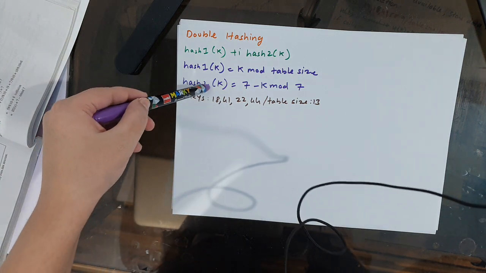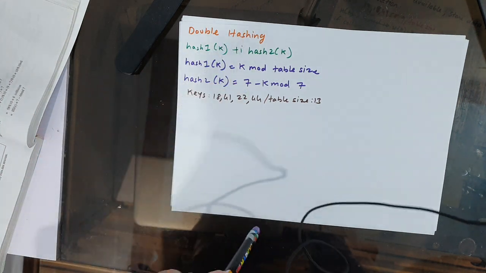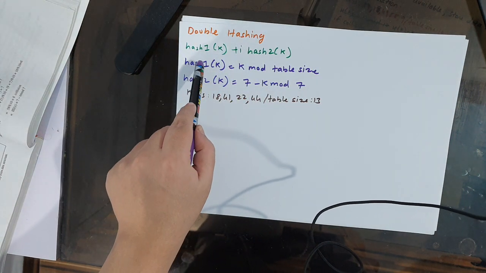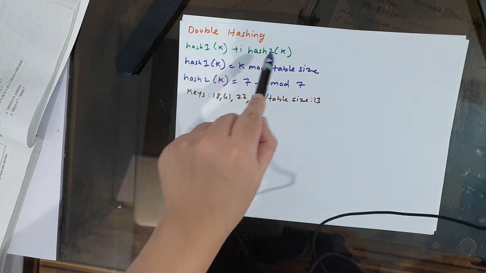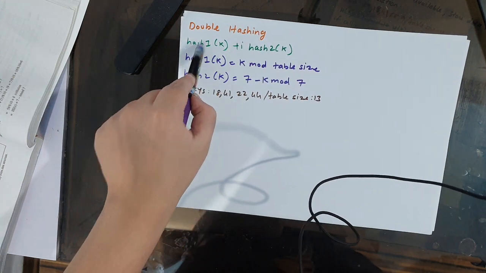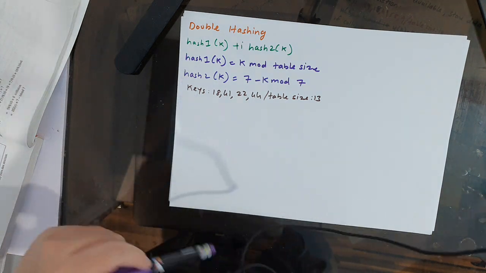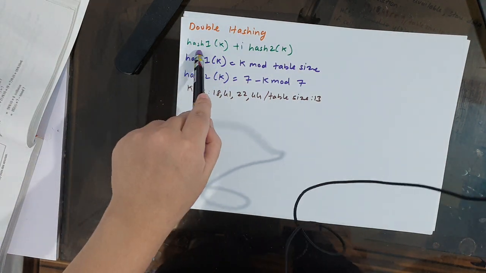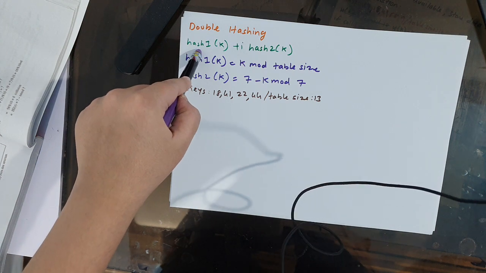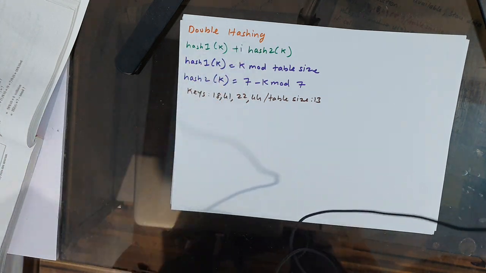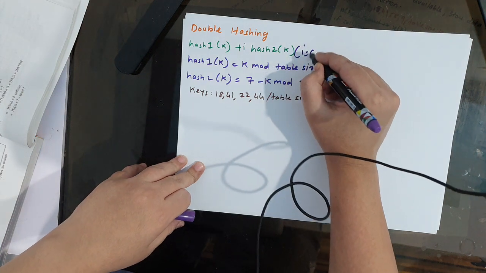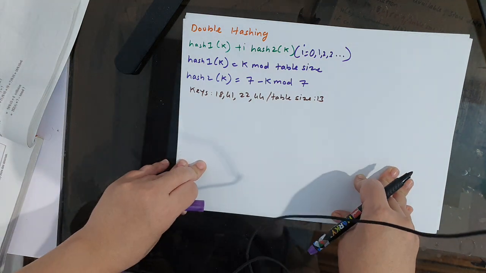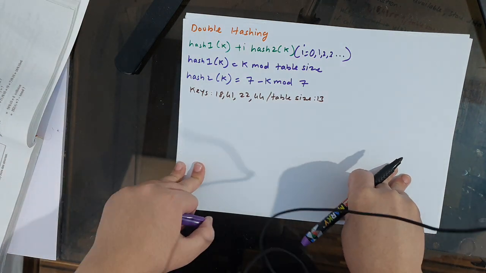As the name double hashing specifies, we will be using these two functions together. We'll be adding the value of h1 and h2 in this equation, and then finding what we require. So this is your main formula for double hashing. In this, the i is iterative, so the values of i will be 0, 1, 2, 3 and so on. So first let's find out the values of our hash function.